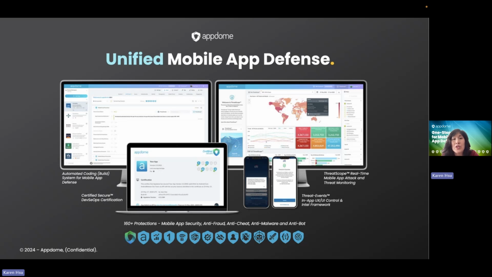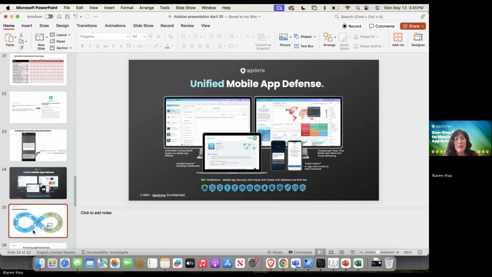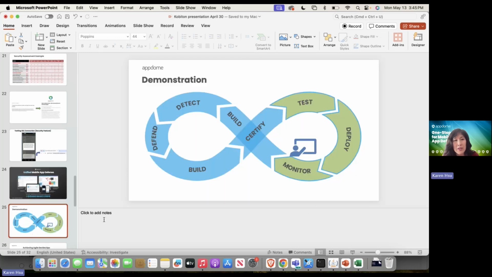And then finally, what I'll show you next is seeing these events in a monitoring environment, for example, our ThreatScope. And so for this last piece, I'm going to switch back to the demo and show you this last piece where